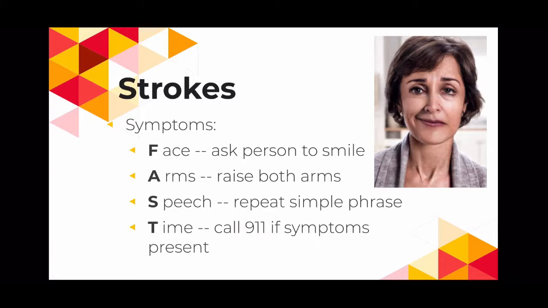So the F in FAST stands for face. If you ask the person you suspect of having a stroke to smile, and one side of their face seems to be drooping, like in the picture, they could possibly be having a stroke. The A stands for arms. If you ask the person to raise both of their arms either in front of them or to the sides, and one arm drifts downward, like they're having issues bringing it up, they could also be having a